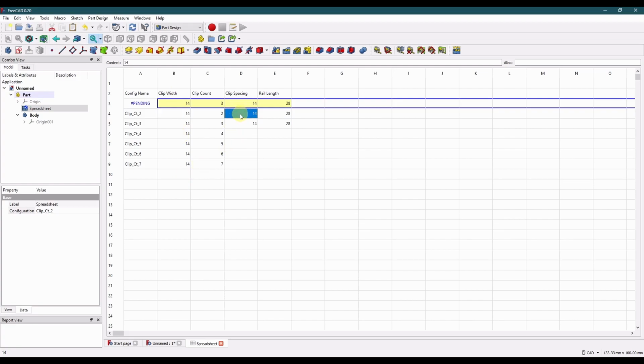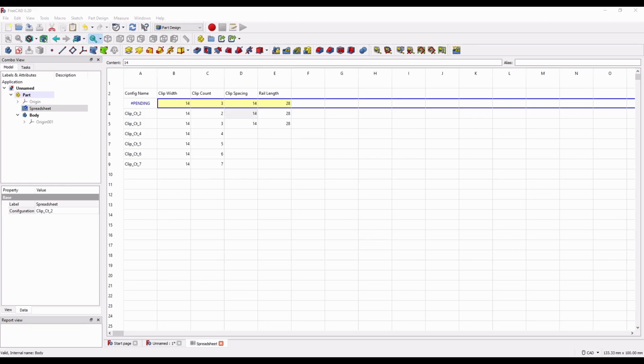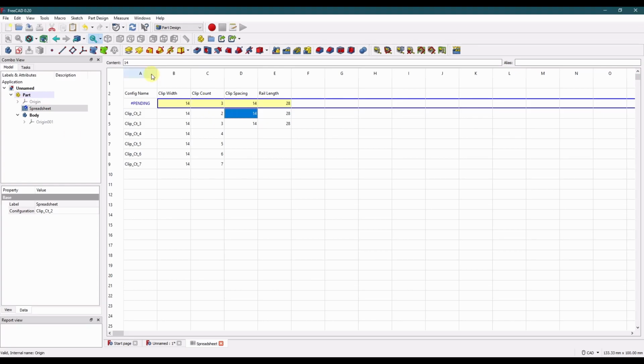Now the clip spacing, this is for the linear pattern that we're going to use. And the way the linear patterns work in FreeCAD is not by setting a quantity and setting the spacing between each quantity. It sets the start to finish length, and then your quantity will divide that length. So in order to create the correct clip spacing, we need a formula of,